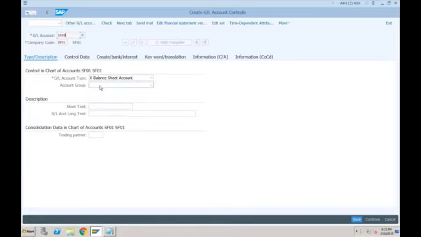Account group, this is the same functionality as SAP ECC, where you have to provide the account group, based on which the system will determine the number range. It will also determine the field control, like which fields will be mandatory and which fields will be optional. According to the logic that I created, I will use balance sheet, for secondary cost I will use this secondary cost group, and for profit and loss I'll use PL. So let's go with this balance sheet.